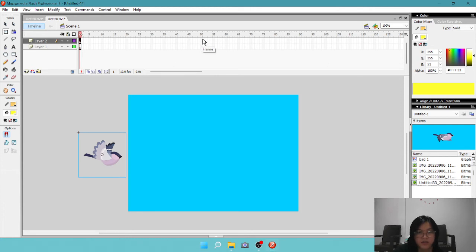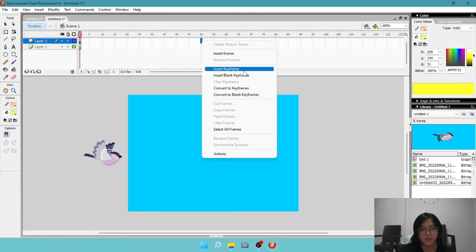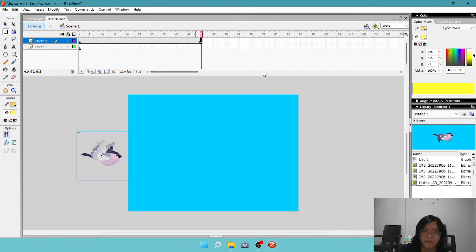click insert keyframe in frame 50, by right click on the mouse, insert keyframe. Then we move the bird to the other side like this.